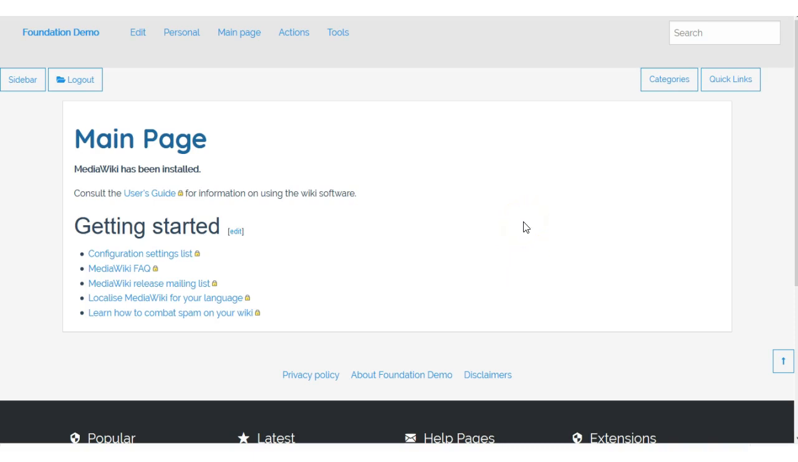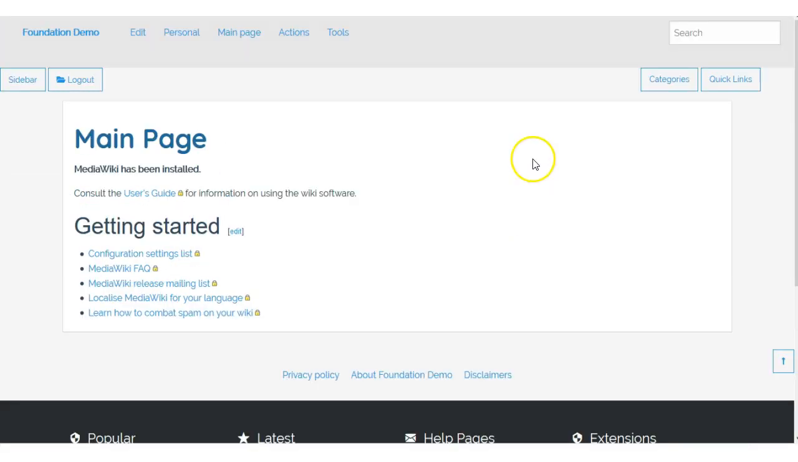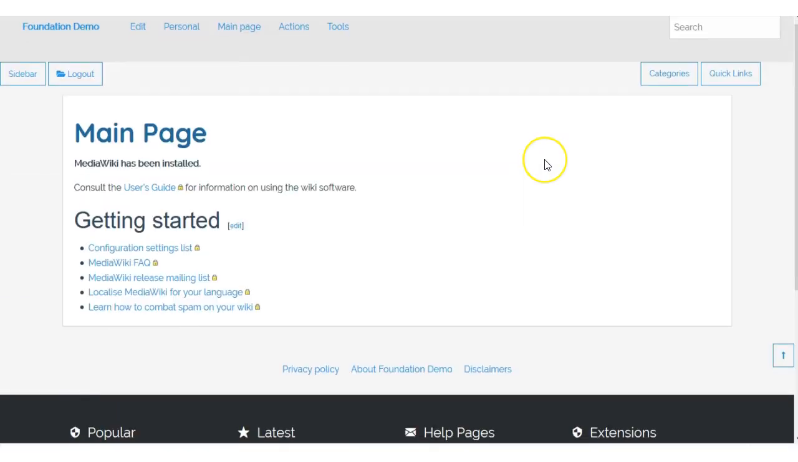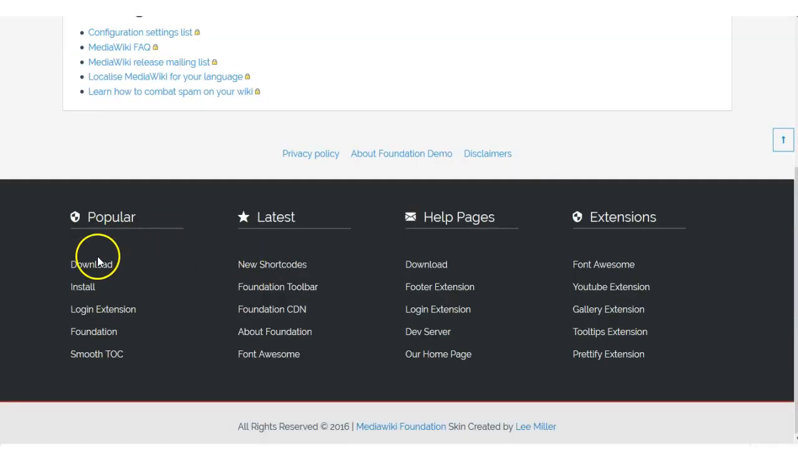Okay, so we've got our wiki installed. It's all looking pretty smooth now, but there's still some changes we need to make before it's operational on your server. First thing you should notice is these links here. And if you look down the bottom here, this little section here, when I hover over the links,